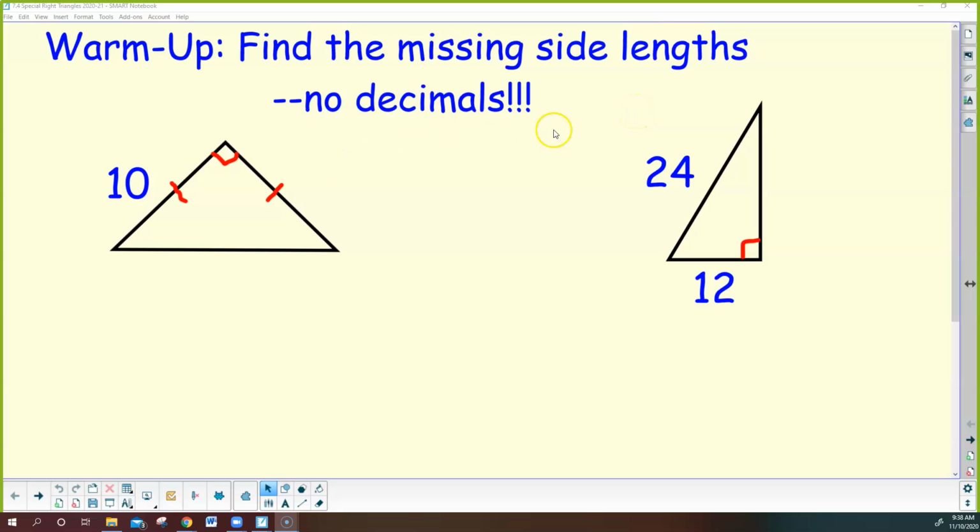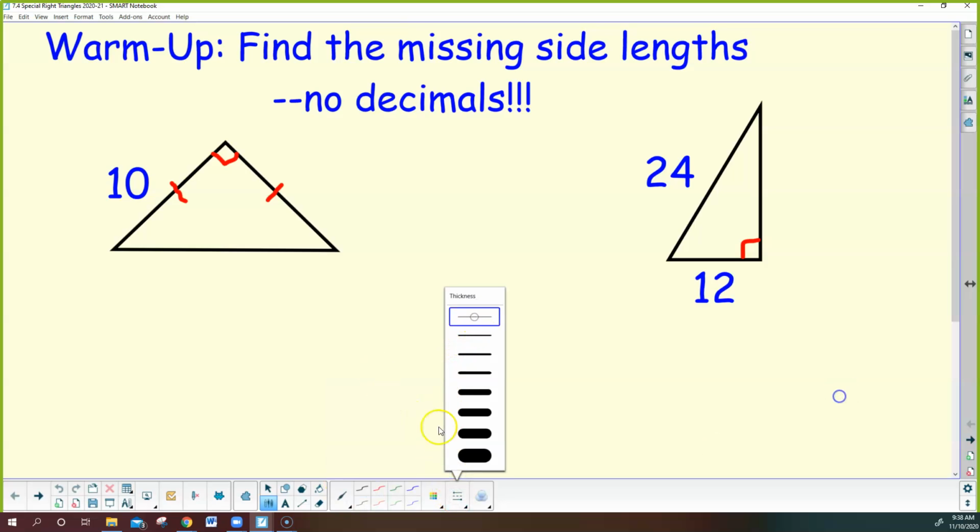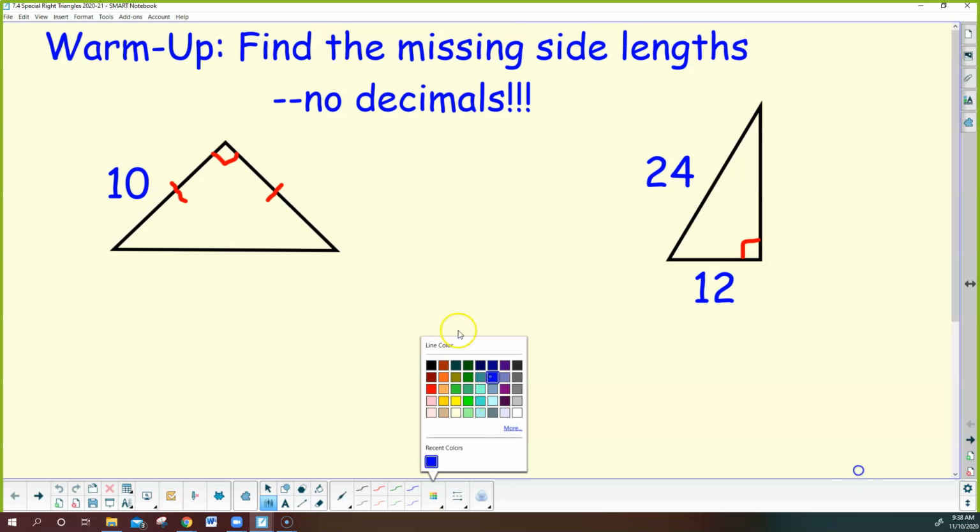Our goal in the warm-up is to find the missing side lengths, and currently all we know is the Pythagorean theorem. So we're going to use the Pythagorean theorem to find the missing side lengths, and then we're going to reduce decimals. First thing I know, if I look at this triangle, it is an isosceles right triangle,